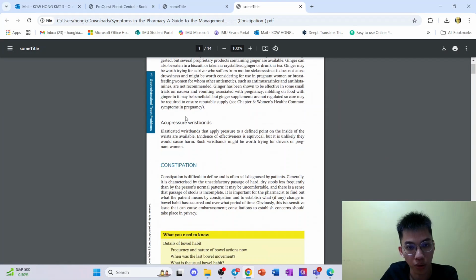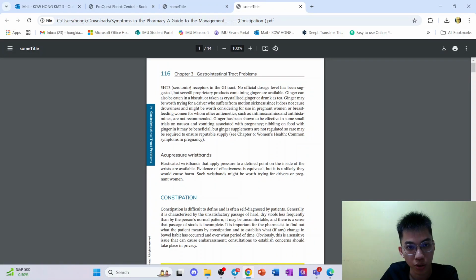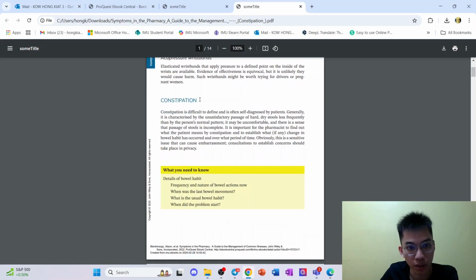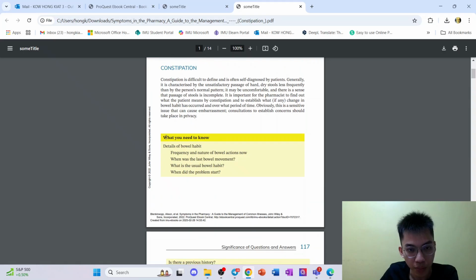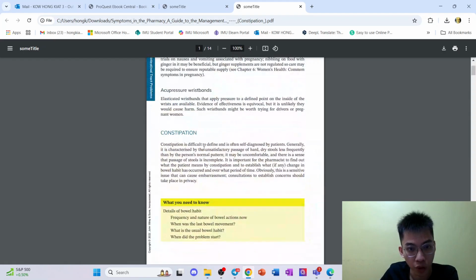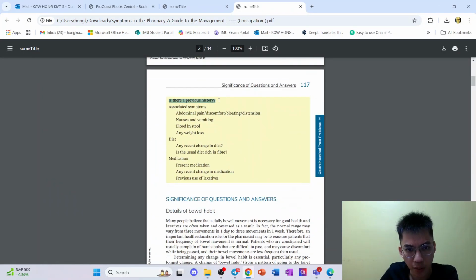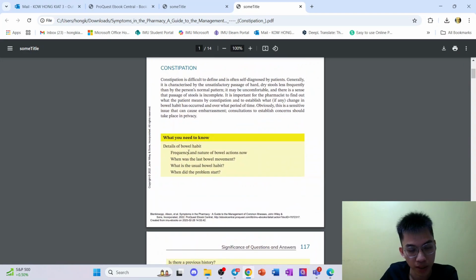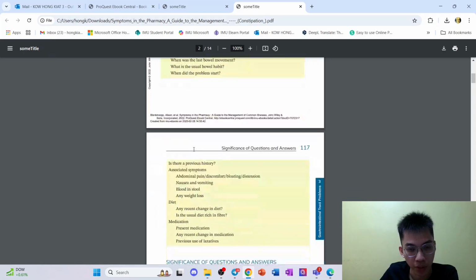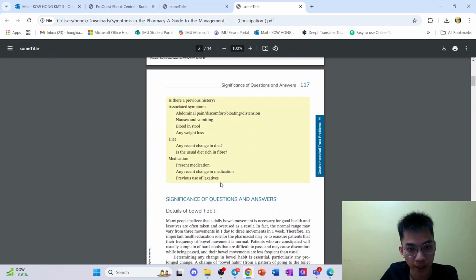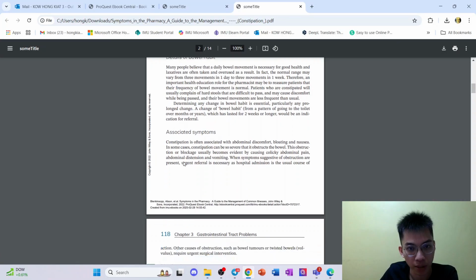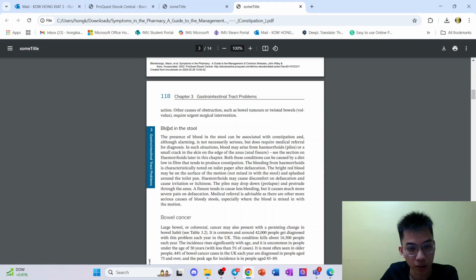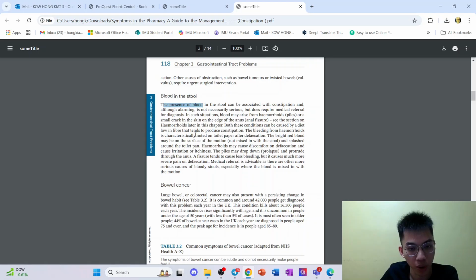GI problem, I just downloaded the constipation one. So what will be covered, basically, this is on constipation. It's quite useful as it covers most of the things you need to know about constipation: any previous history, what's the diet, medication. This is somewhat similar to WWHAM on history taking, and the significance of questions and answers, details of bowel habit, associated symptoms. Why you need to take note of all this: blood in the stool, red flag symptoms, bowel